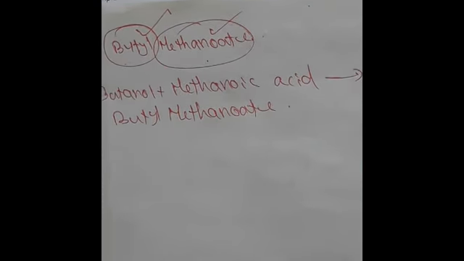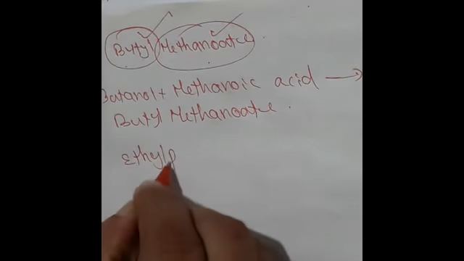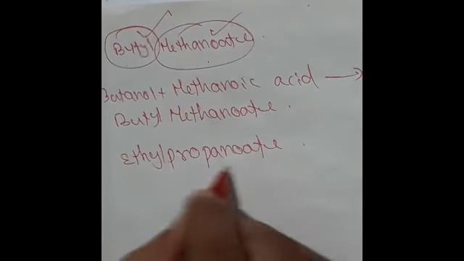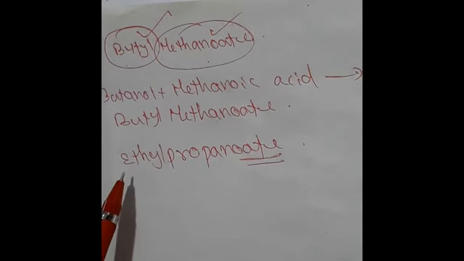Okay, I will give you another example. Ethyl propanoate. Look here, this type of name, propanoate, ends with O-A-T-E. The name of an ester ends like that. So this type of compound will be an ester. An ester is formed from alcohol and carboxylic acid. Imagine this ester, ethyl propanoate. Which two compounds are used to make this ester?